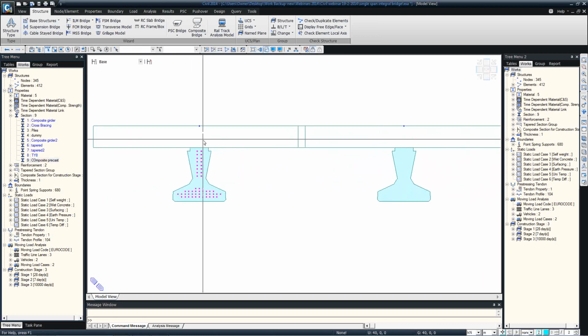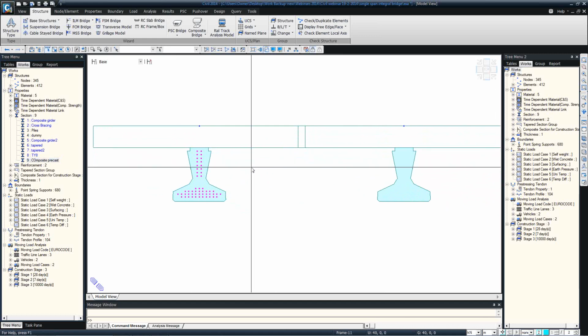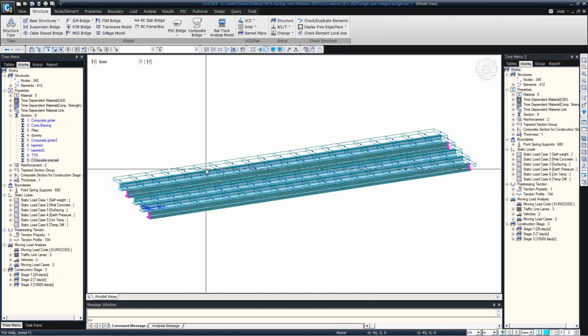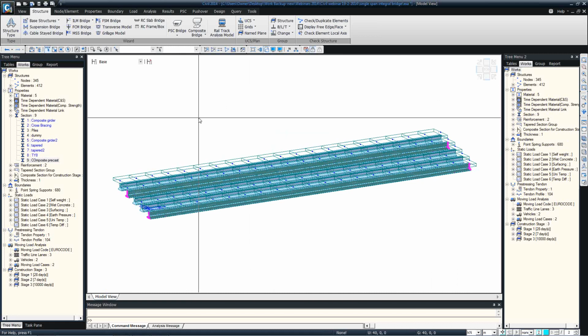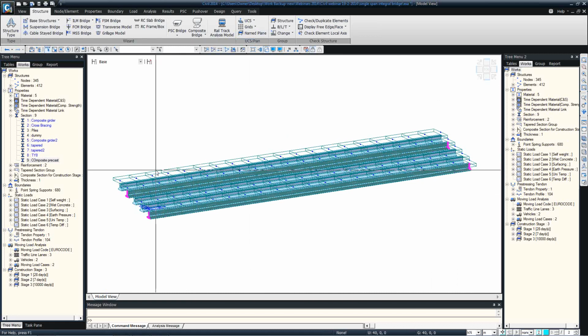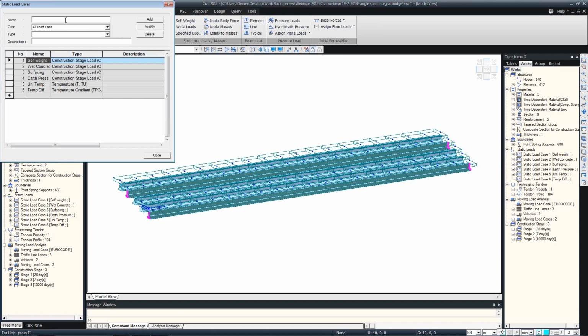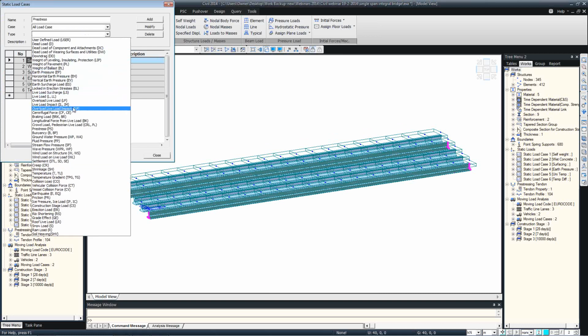Now for applying the jacking force on these tendons, we can do the same thing for other girders as well. We have a copy function, and we can also export the current tendon profile into some other CAD format. So I won't go into that detail. I will just show you how we can apply the jacking force for the precast beams. So we need to create a load case name. We go to load, static loads, static load cases. Say this is pre-stress. Type is